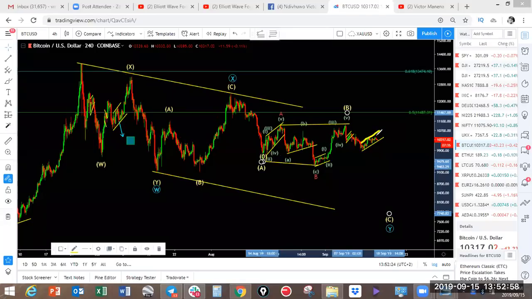This corrective structure, it is not tradable. It is not coming down aggressively either. So this could even do something like this. Let's show you. It could even do this 1, 2, 3, 1, 2, 3 up. Down here, it could make 1 up before coming lower. So that will be another structure which we can update as it plays out. For now, we're just going to watch this play out. Now that is Bitcoin. Let's look at